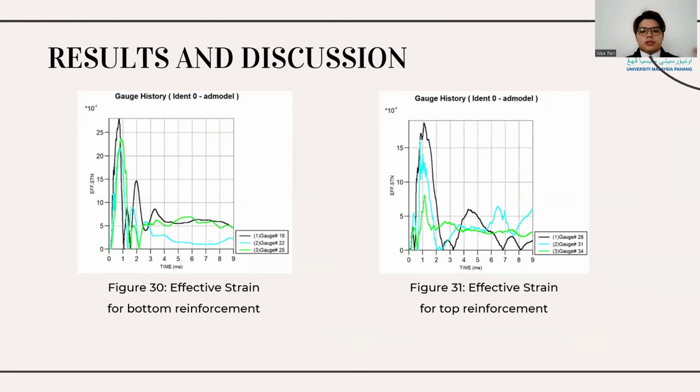So this is the strain time history of RCS2. The bottom reinforcement experienced a maximum effective strain of 27.9 times 10 to the power of -4, while the optimal effective strain for top reinforcement is 18.65 times 10 to the power of -4. From the graph, we can observe that the effective strain value moves to the peak and back to the original position. It can be explained as the material of reinforcement is flexible. Hence, it can be concluded that the steel reinforcement is able to withstand tensile force due to its flexibility.